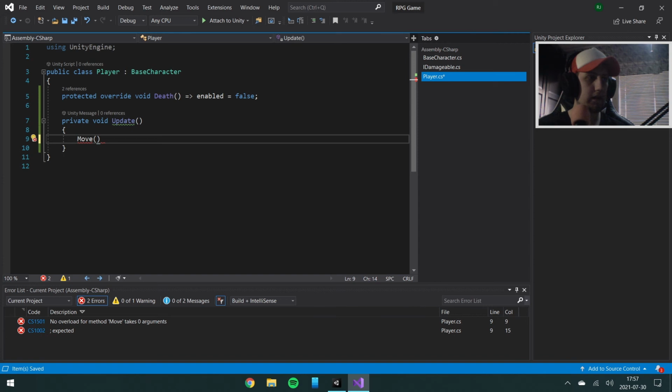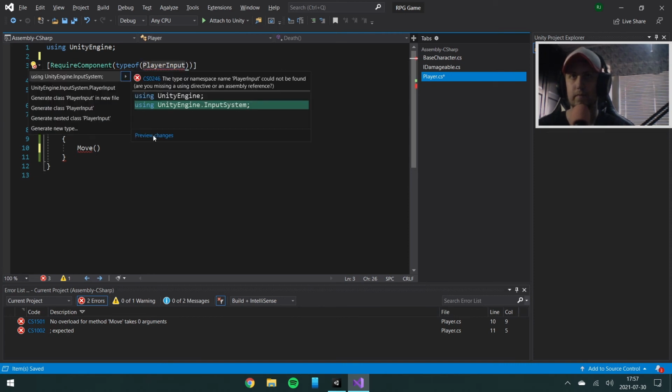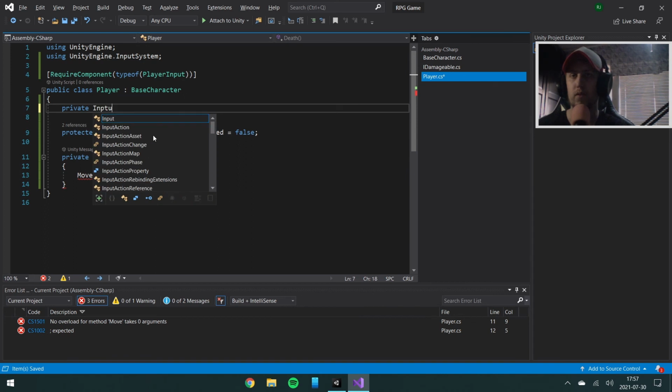Let's look at it here. Yes, perfect. So now we can get our variable. Firstly we need a required component. This is going to be player input, using the new input system. We can make a reference for this,